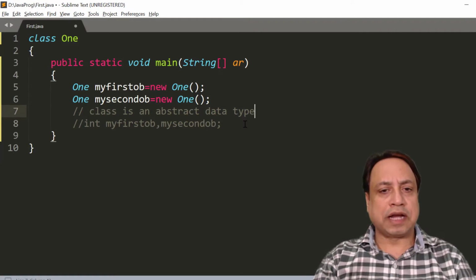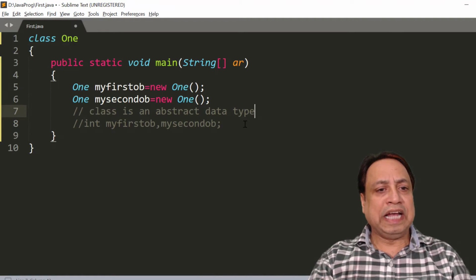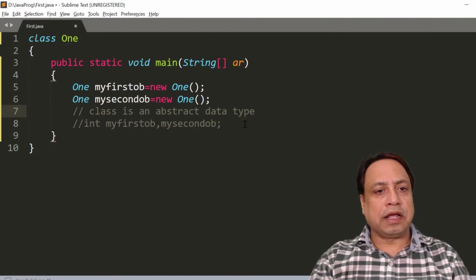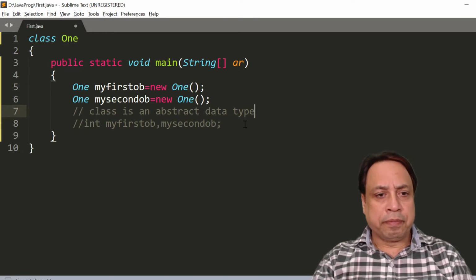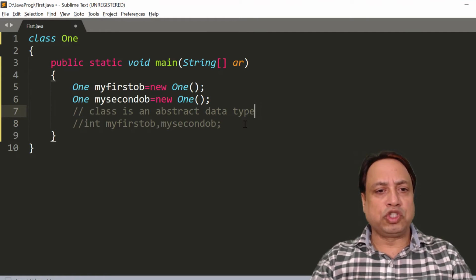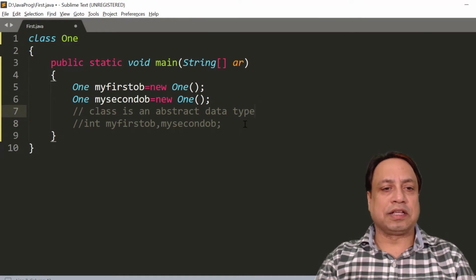Abstract is a word that is not physical. Now this data type int, if we talk about int and you are asked what is int, we can say that int is something we cannot see. What we can see here is only the variables, because the variables reside in the memory and they take space. So anything in our real world which takes space is called an object, but the type of an object is called the class.